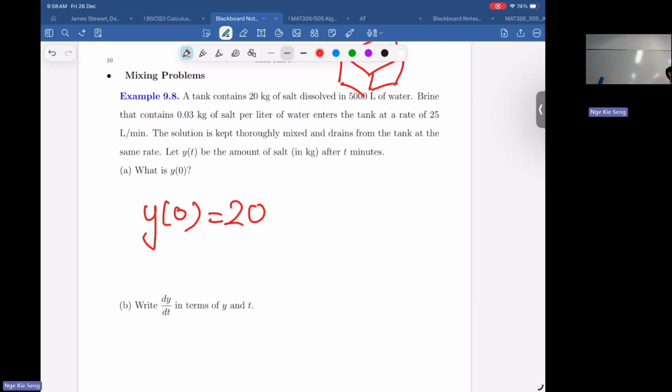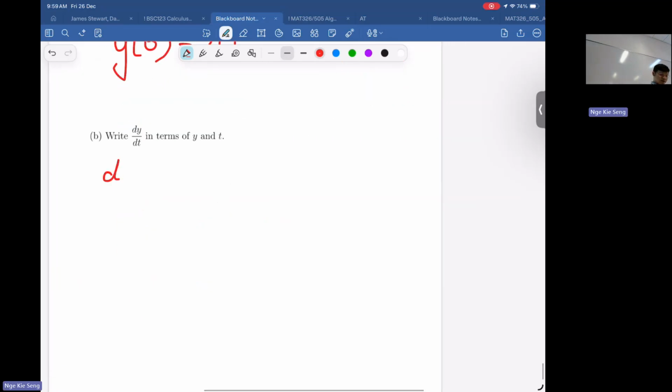But then it asks you to find the rate of change of your salt. How do you figure out the rate of change here? There is a rate of change given in the question, maybe two of them. One is coming in, one is going out. If the rate coming in is more than the rate going out, then your salt will increase. If the rate coming in is less than the rate going out, then the amount of salt will decrease. So